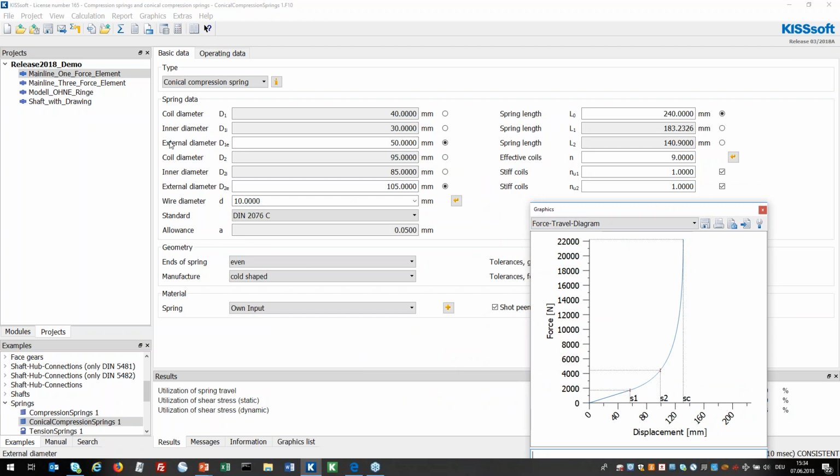You can see that for this spring we need 2 diameters for the begin and the end of the spring. We have a conicity now for 50 and 105. So if we look at the force travel diagram, we can see this behavior, these characteristics of the force travel. And it is now possible for a design engineer to modify that behavior,